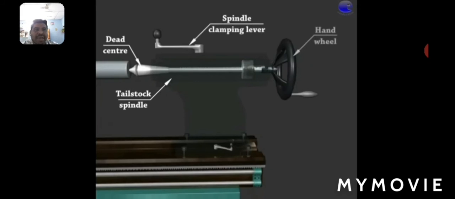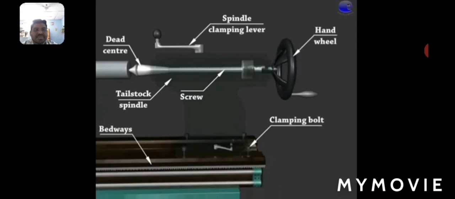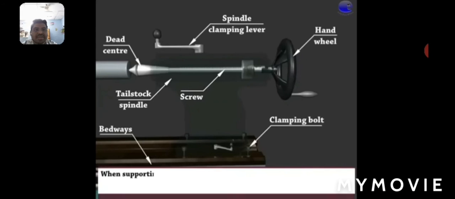So spindle clamping lever and the hand wheel, screw, bedways, clamping bolt. It can be moved left or right over the bedways, that is through the guideways. When supporting heavy jobs, a live center is used, which rotates along with the job.